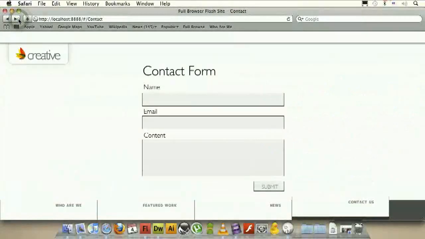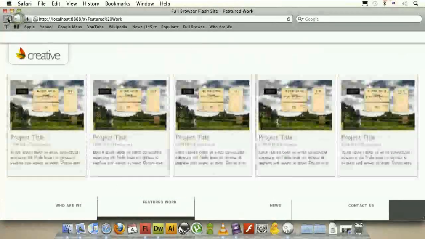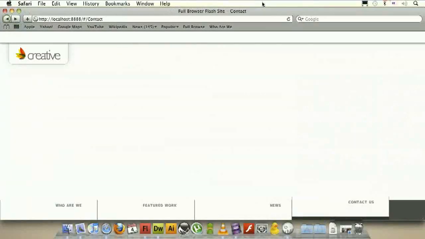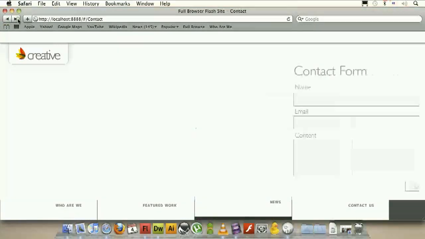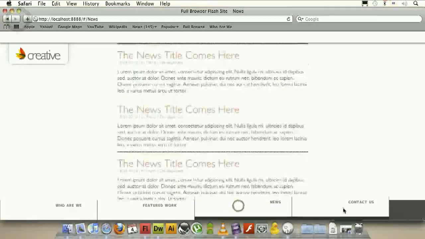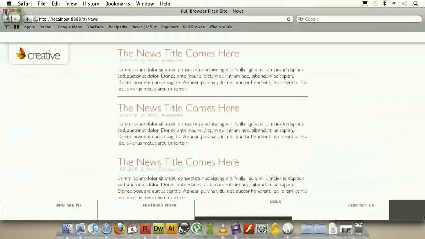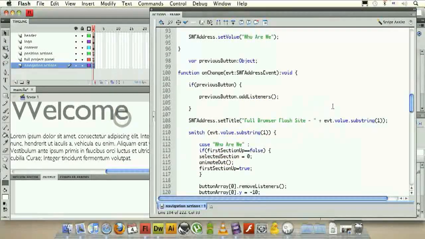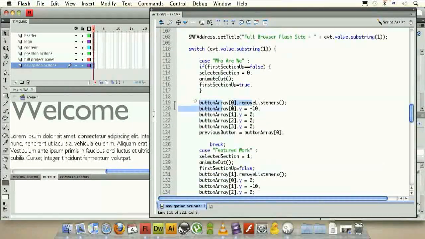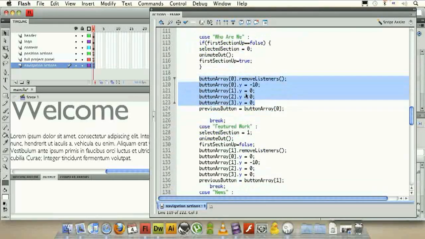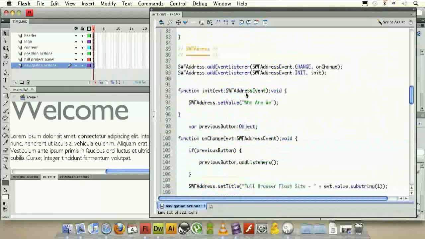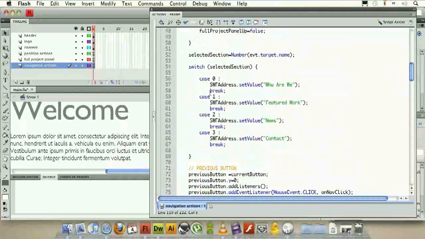Okay, so we've added our SWFAddress functionality. We have the changing title and also the back and the forward buttons work. Let's check out again how we achieve that. So it's all inside of the navigation actions layer, right? And all this typing is just button arrays and changing the states of our buttons. Basically though, we are either triggering that